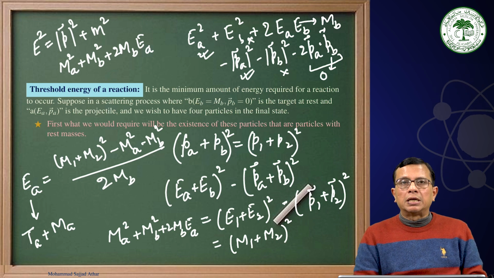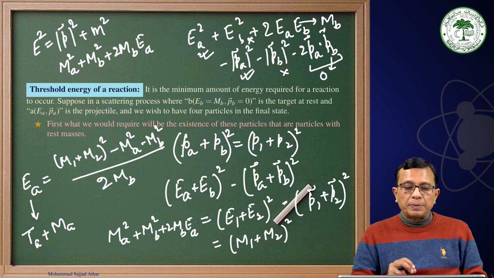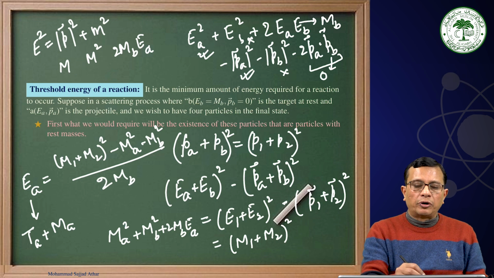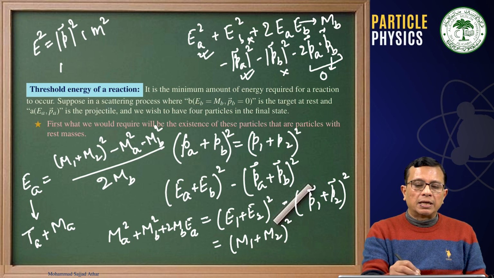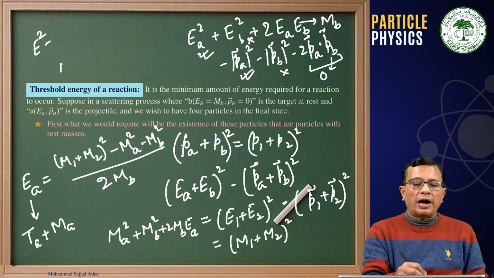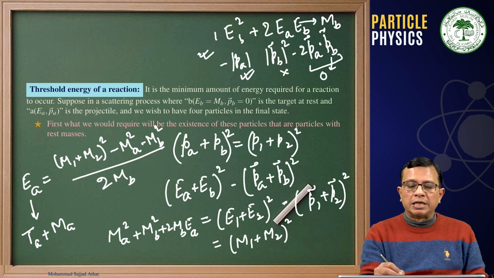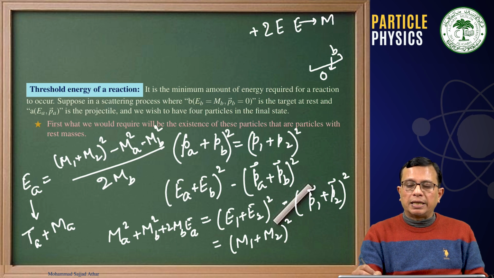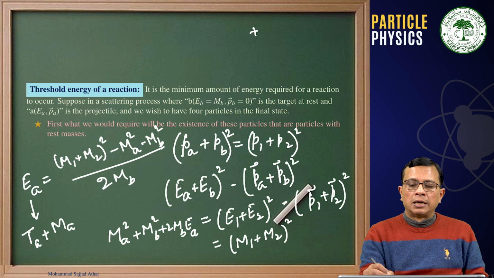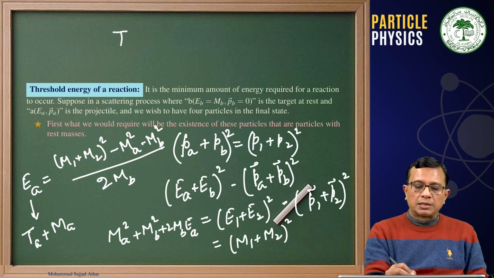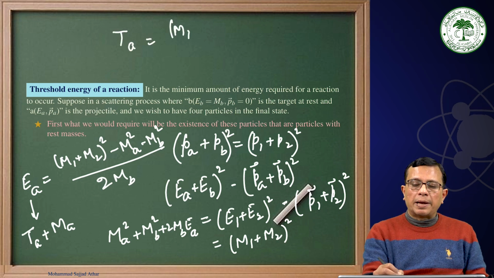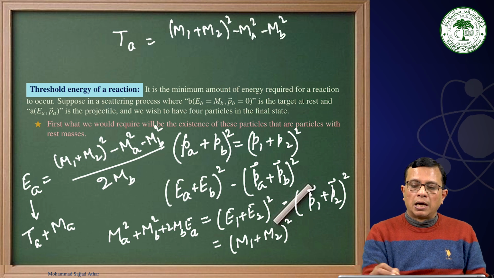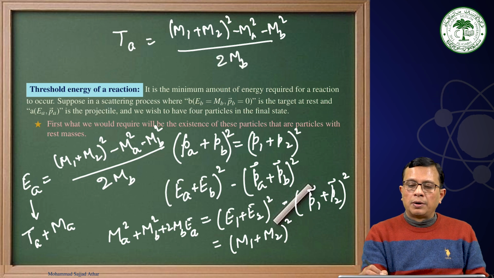Therefore, what can you play with? You can play with the kinetic energy of the projectile. Since B is at rest, whatever you want in the final state, accordingly, you have to give the kinetic energy to the projectile. Therefore, what is the kinetic energy of the projectile? The kinetic energy of the projectile is TA, that is equal to (M1 plus M2) whole square minus MA square minus MB square upon twice MB